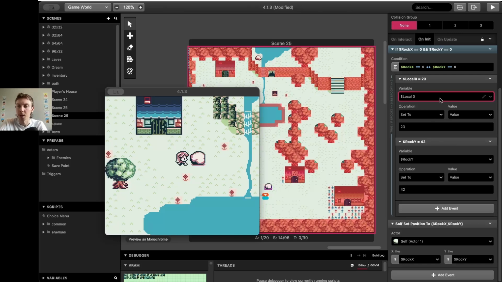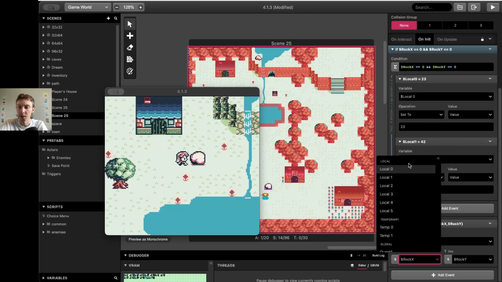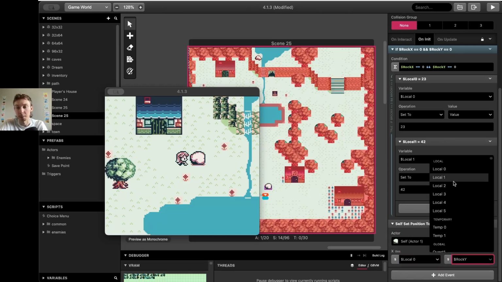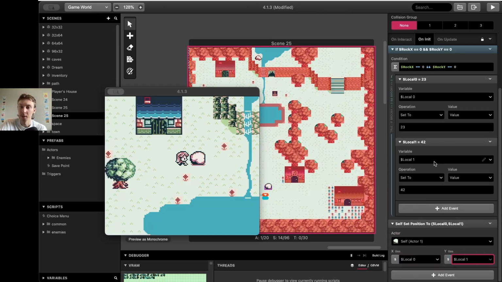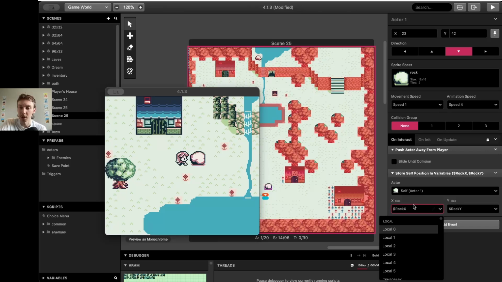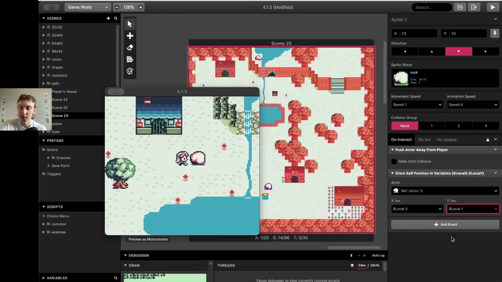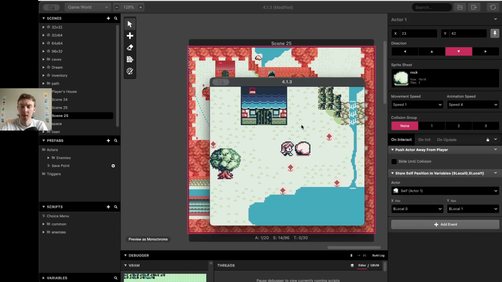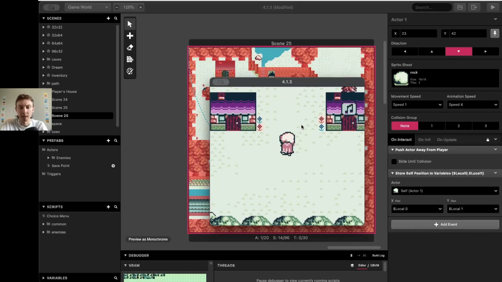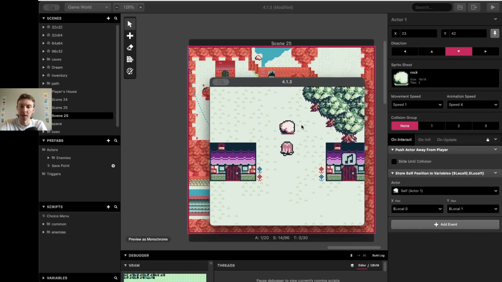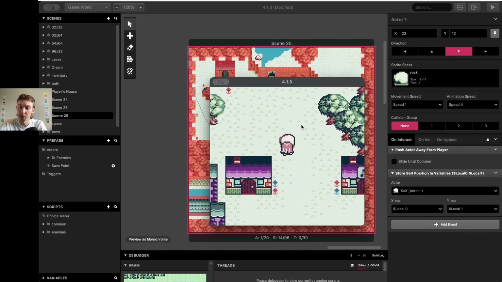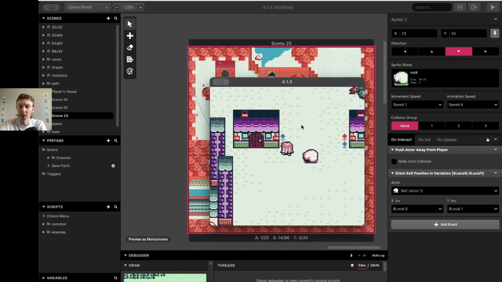So you might want to put this on the local variables. If I change it to local 0 and local 1, and then these I can rename to rock X and rock Y. Just make sure that every time you do it, every reference to it, you're correctly putting it. So let's press play and see if it works again. And now if you were to copy this script and put it into other scenes, because it's using local variables, it shouldn't,